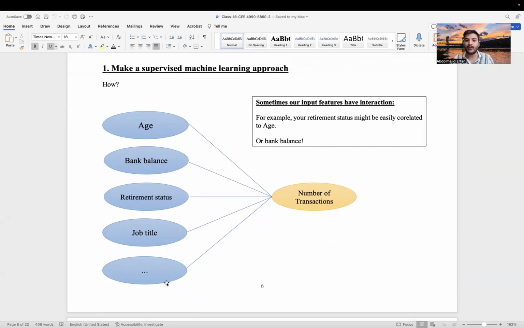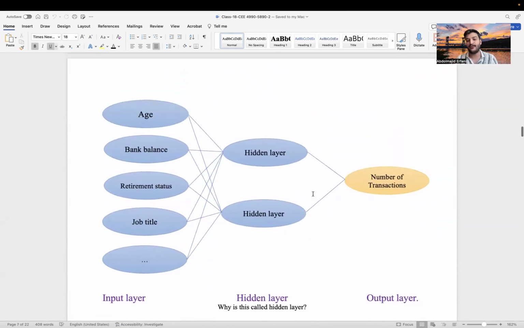And then how we solved the problem was that we applied the algorithms, and then the algorithms fit on the training data, and then we use it for the test data, right? That was the problem, right? Each of our features is connected to the dependent variable, the variable that we want to do the prediction for. But for deep learning, for the neural network, the difference is that all of those features now play